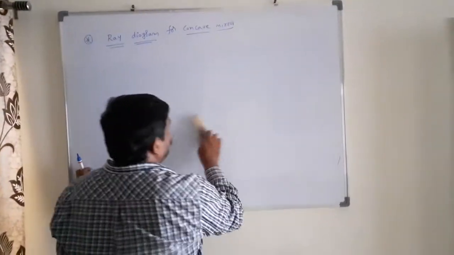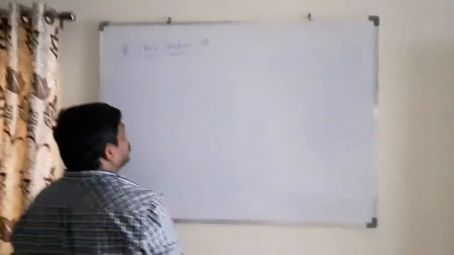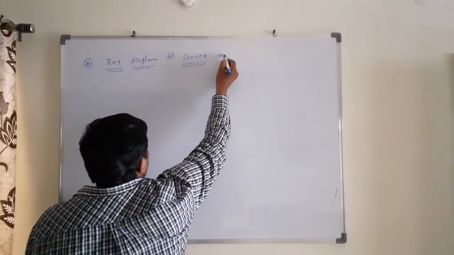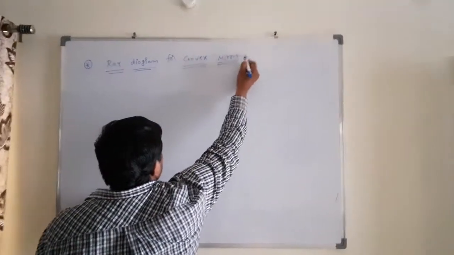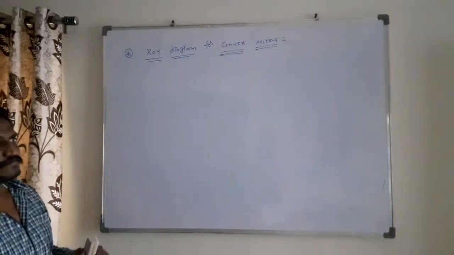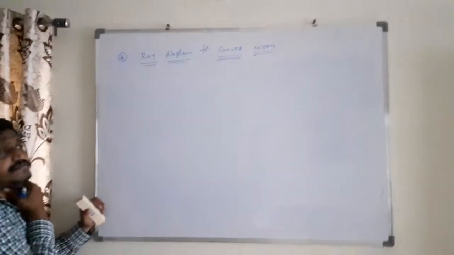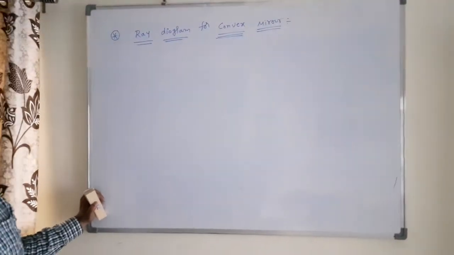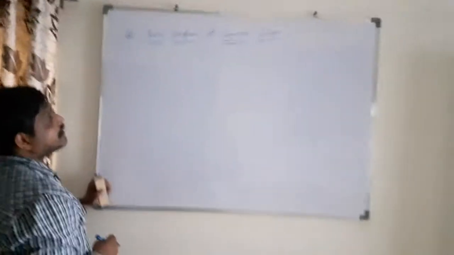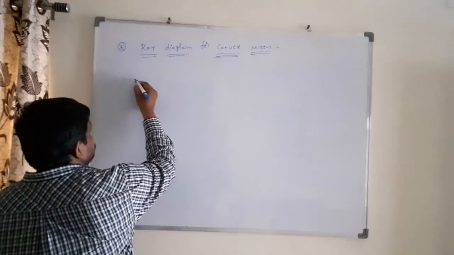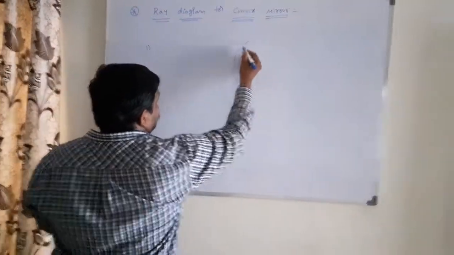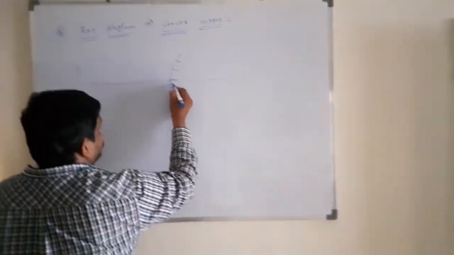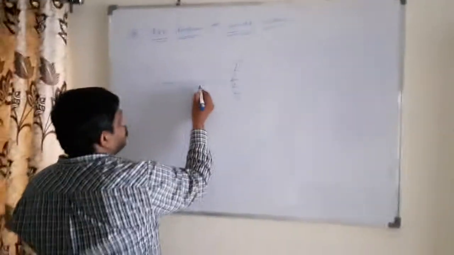Okay, next nana, only 2 diagrams is there, the 2 diagrams I give, nana. Ray diagram for convex mirror, nana. In this topic, we discuss mainly ray diagram for convex mirror. Only two cases, nana. Look here. This is the convex mirror. This axis is called principal axis. Center point on the mirror is called pole. This is called focus, nana.